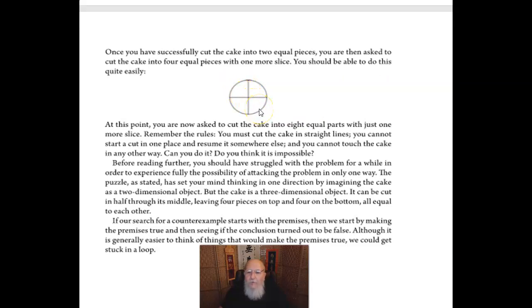But it's got to be in equal pieces. So what if I cut it like that and like that? Well, then there's too many pieces. But remember, the cake is a three-dimensional object. It can be cut in half through the middle, leaving 4 pieces on top and 4 on the bottom, all equal to each other. If our search for a counterexample starts with the premises, then we start by making the